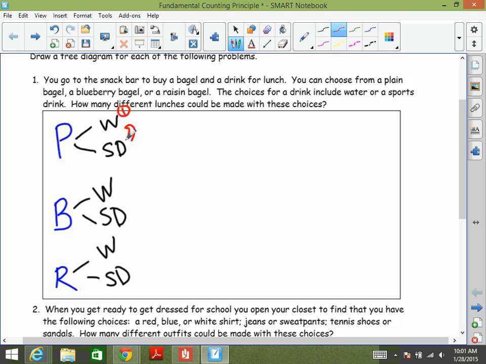1, 2, 3, 4, 5, 6. That's 6 different lunch combinations. Plain with water or plain with sports drink. Blueberry with water or blueberry with sports drink. Raisin with water or raisin with sports drink. That's 6 combinations. Now, the fundamental counting principle, we're going to call it FCP,